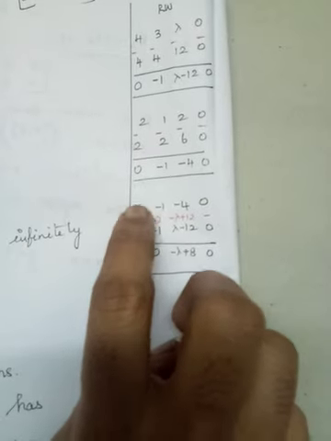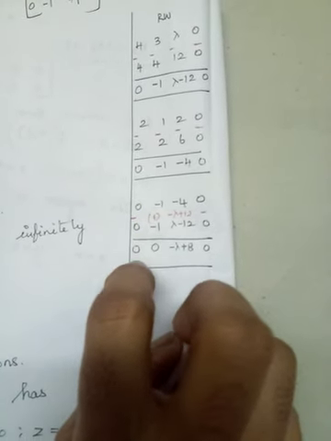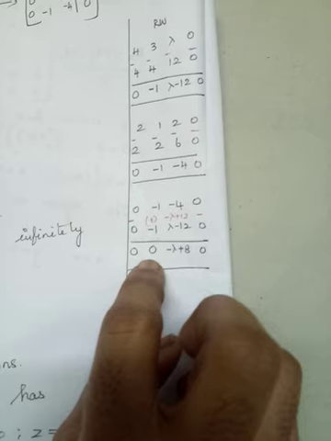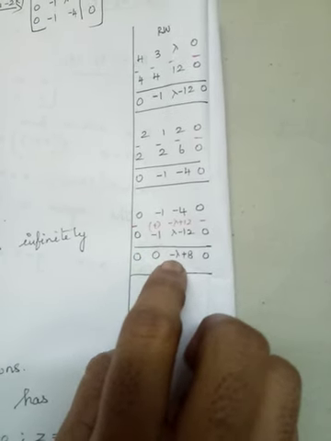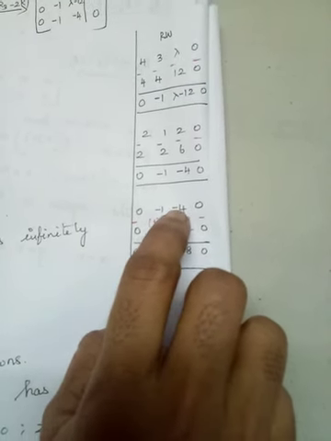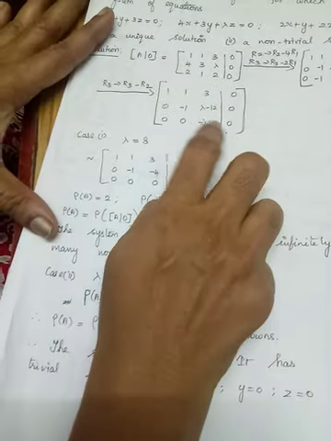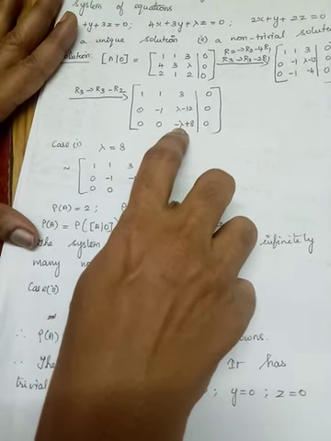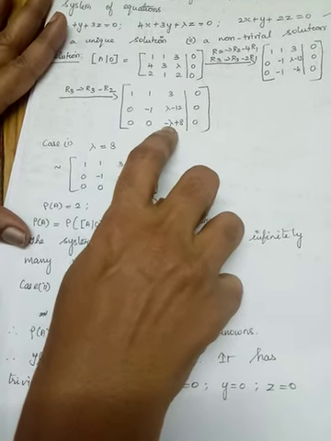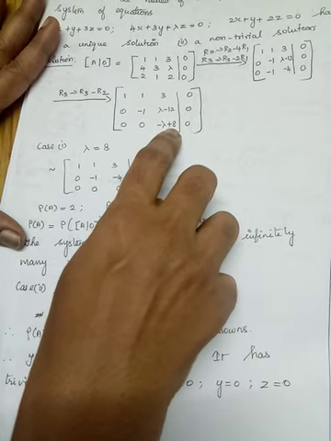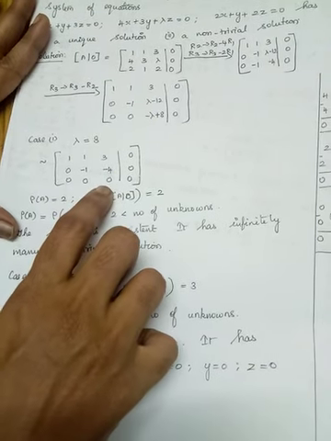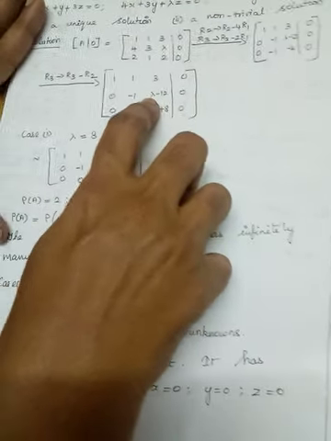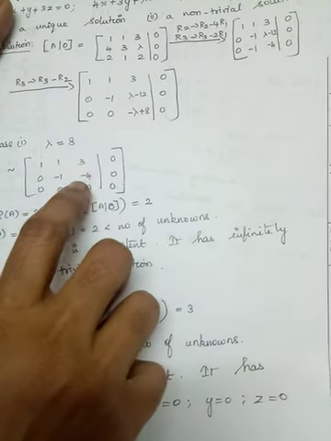So you do this. Simplify: 0 minus 0 is 0. Minus 1 plus 1 is 0. You look at this, minus lambda I have written. Plus 12 and minus 4 is plus 8. So here you are having minus lambda plus 8. Okay, you see the case 1, when lambda is equal to 8. Here you are having minus 8 plus 8, which will become 0. So lambda is equal to 8 here. 8 minus 12 is minus 4.